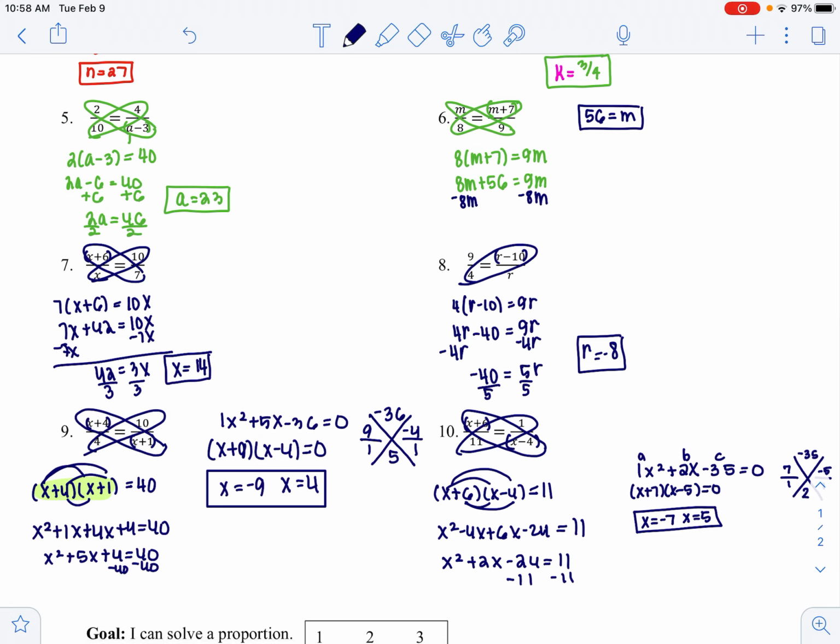All right, well, that's it for solving proportions. Now we'll actually put these into some geometry problems, and this will be the algebra you have to do in order